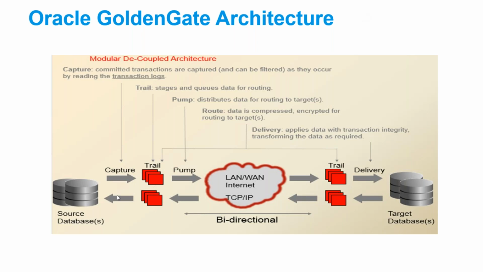So say for example you have site A and site B. Site A will have its source connection as well as target connection. Similarly, site B will have source connection and target connection. So once I have to check whether both the data between site A and site B are in sync or